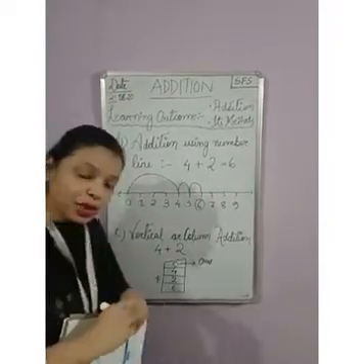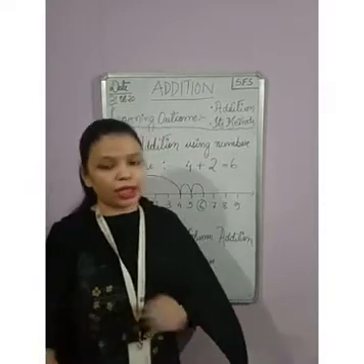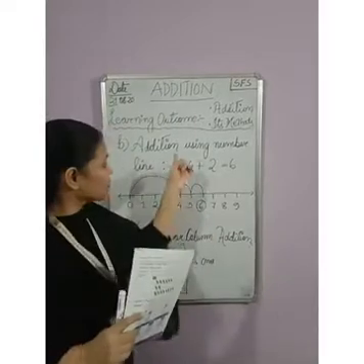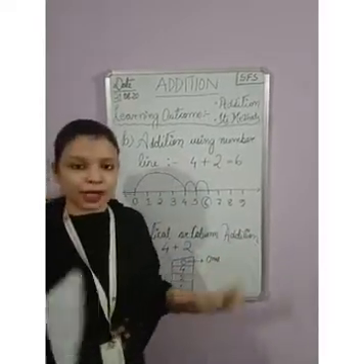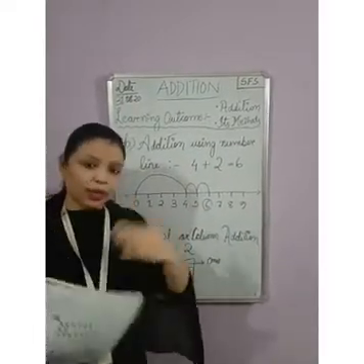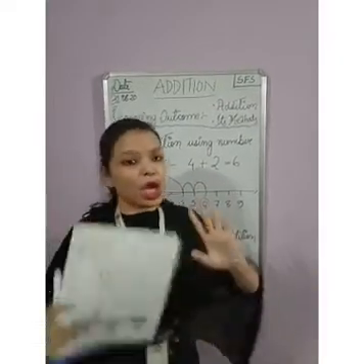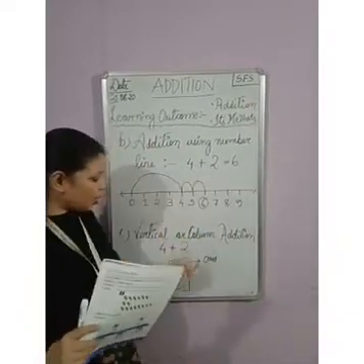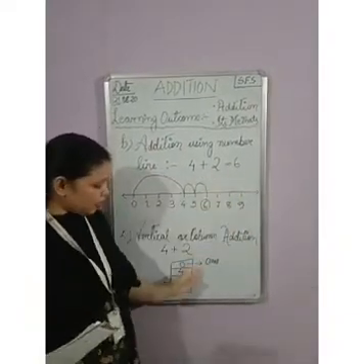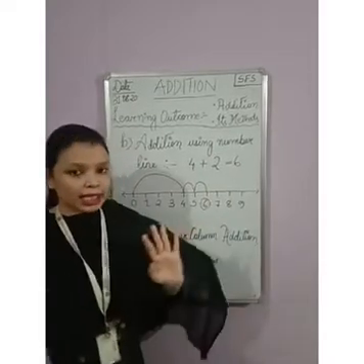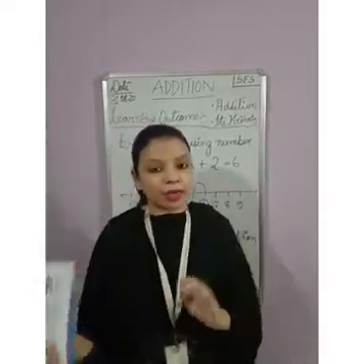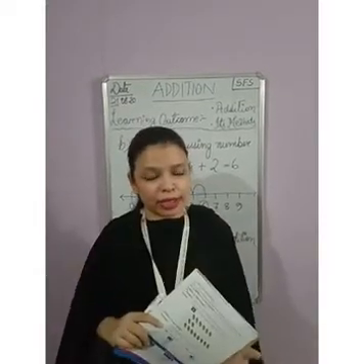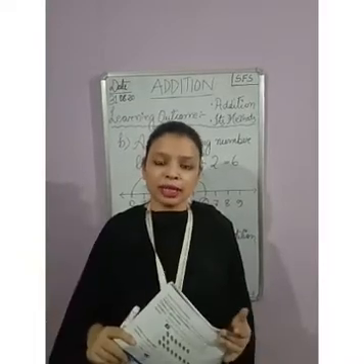Now the 3 methods of addition we have learned. First is using your fingers. Second, number line. And the third is the vertical or column addition. Now in the 3 processes, you have seen one thing. Whatever approach, whatever way you are adding, whether it's your fingers or a number line or a column addition, you are getting the same answer, isn't it? So in the exam, if a question comes, it will be mentioned how to add, whether you have to add vertically or using a number line or using your fingers.